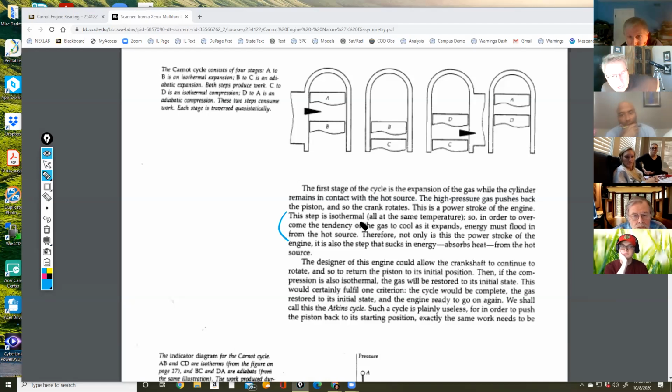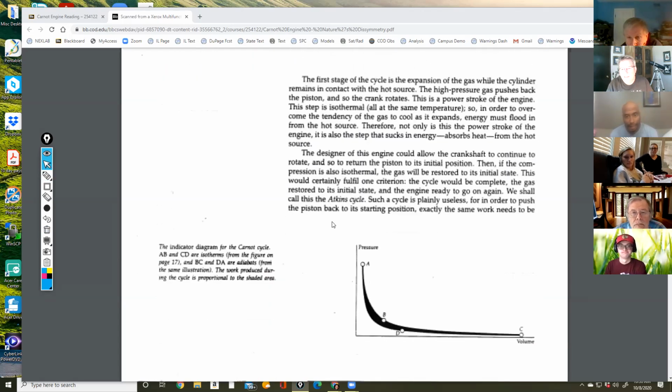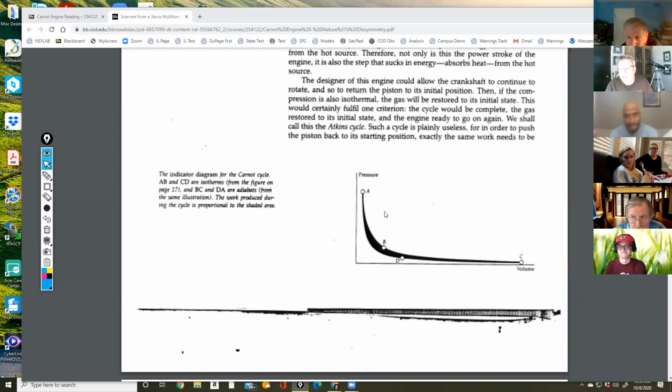So in other words, in a car, in your piston, what is the most important thing in the cylinder and the piston? I want a really good conducting material, metal. I want it to conduct because I need to get that heat transfer. Therefore, not only is this the power stroke, it also sucks in energy, absorbs the heat from the hot source. Now, the designer of the engine could allow the crankshaft to continue to rotate and so return the piston